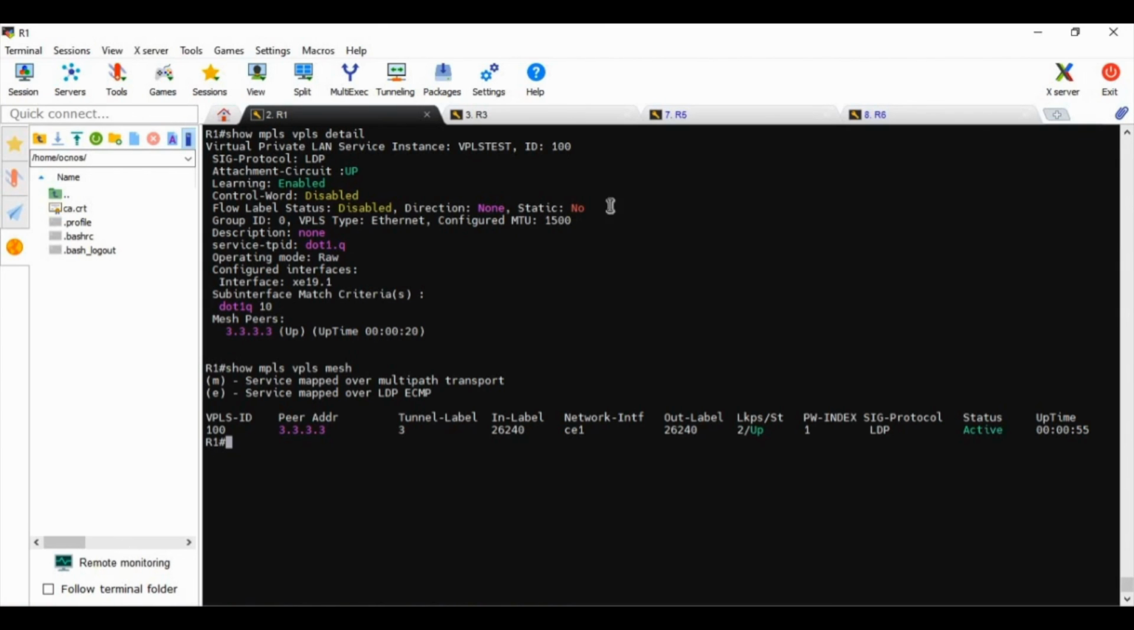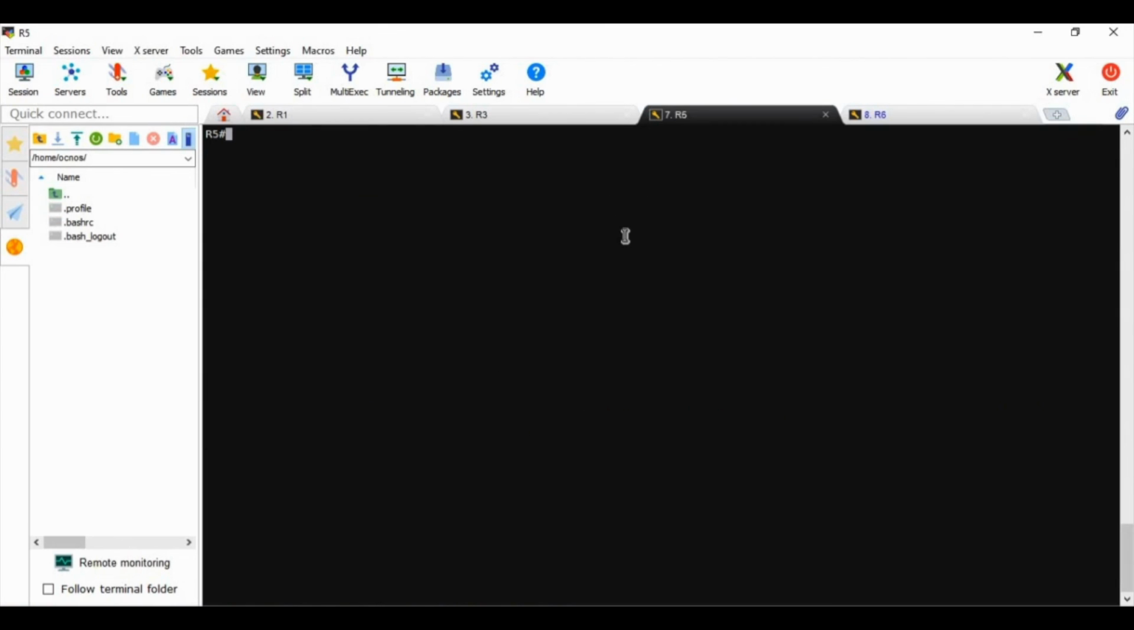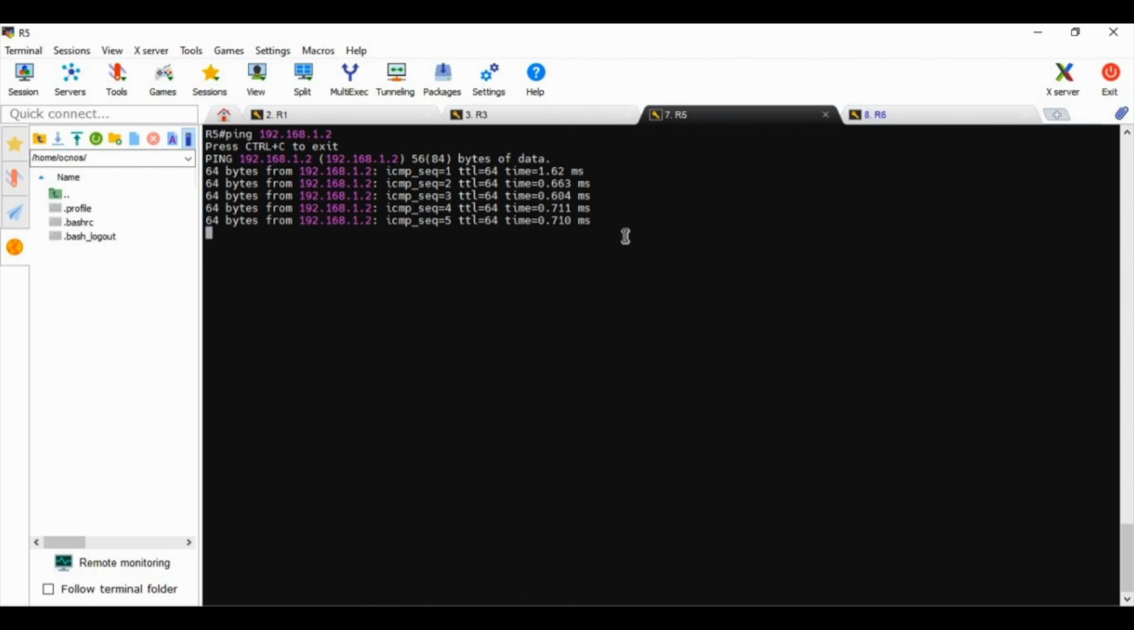And now let's try to ping the two endpoints. And as you can see,